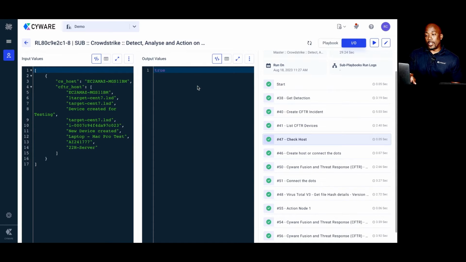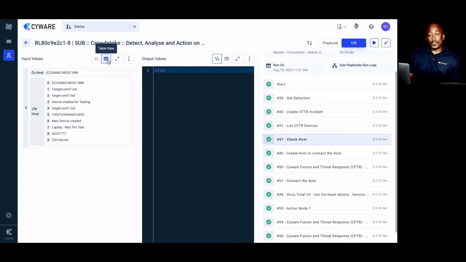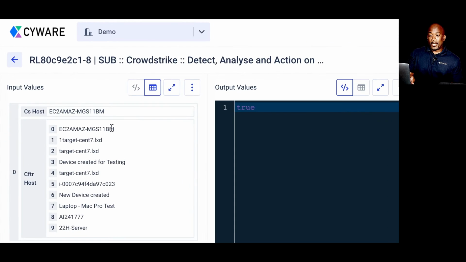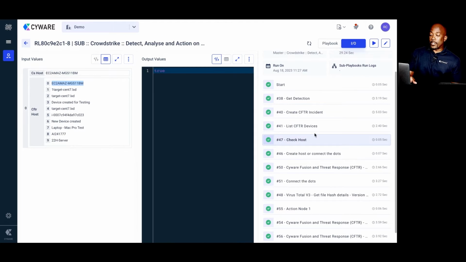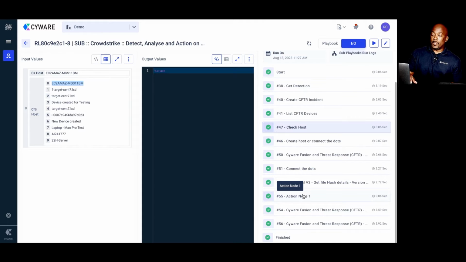Is this system there? Yes, it was. We received the value of true. You can again navigate between JSON view or table view to make it easier for yourself. And you'll see that we have the same endpoint here. And the endpoint is one that we're going to want to review. You can check through and see all the steps, and you'll get the outputs of each step as it flows